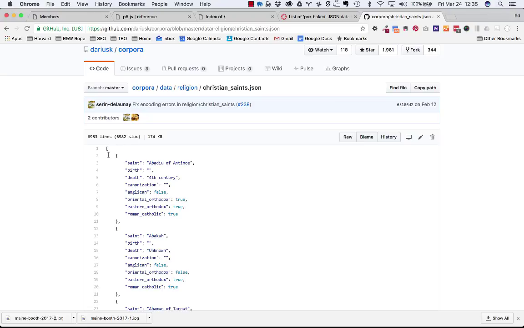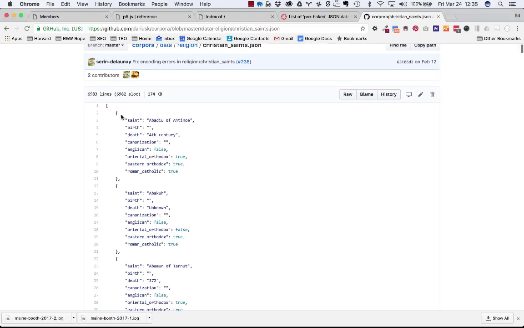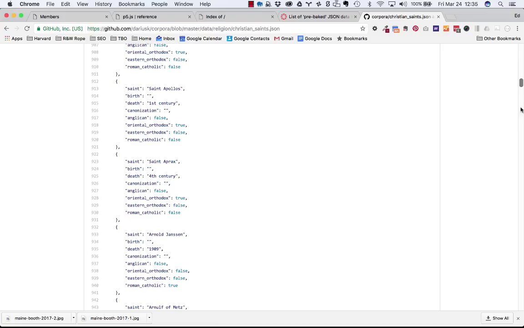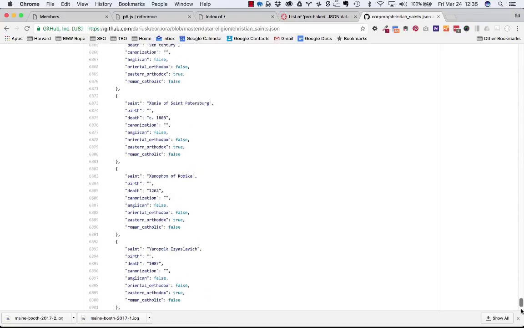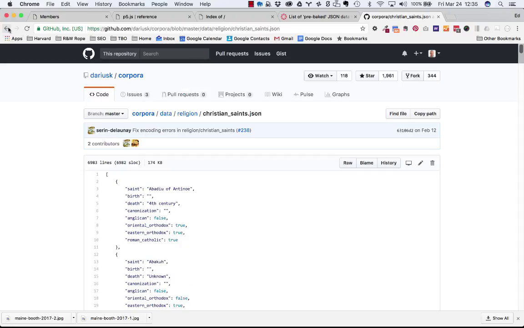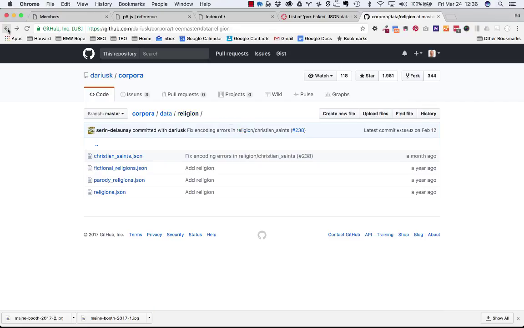this data object, right? This is a JSON file with a bunch of information. What are we starting with here? We've got an array of a bunch of objects, right? So this is one object, and it's a saint object. Abba Dieu of Antony, I guess. He was a 4th century saint, blah, blah, blah. There's a bazillion of them, right? So you can see that this file is huge. It's nearly 7,000 lines of holy data, but with a couple of